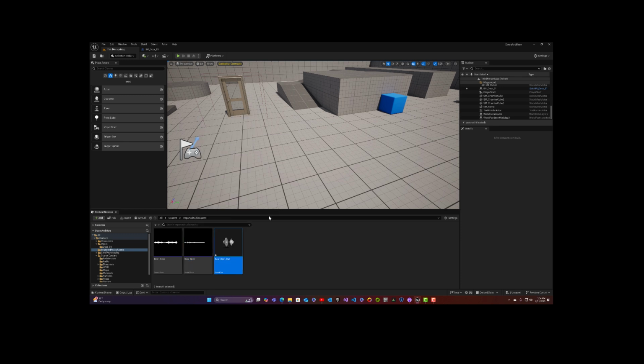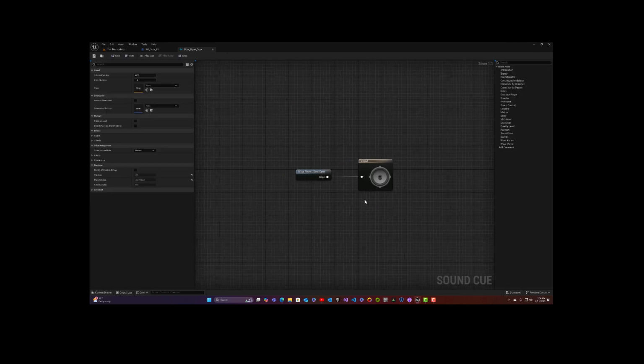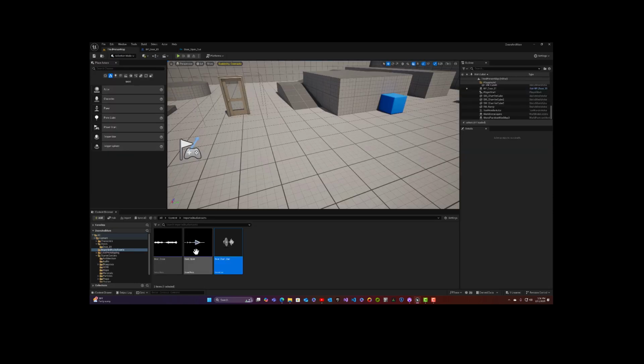And we don't really have to do much to that. I'll use the default name, open it up, make sure that everything looks good. We don't want the wave player to be looping. It's just going to be what's called a one-shot. And frankly, this is all we need at the moment, okay? We can, of course, take the final output and adjust the volume and pitch multiplier if we need to. As I recall, one of these ended up subjectively sounding louder than the other, but we can balance that out later. So we are going to save that sound cue,